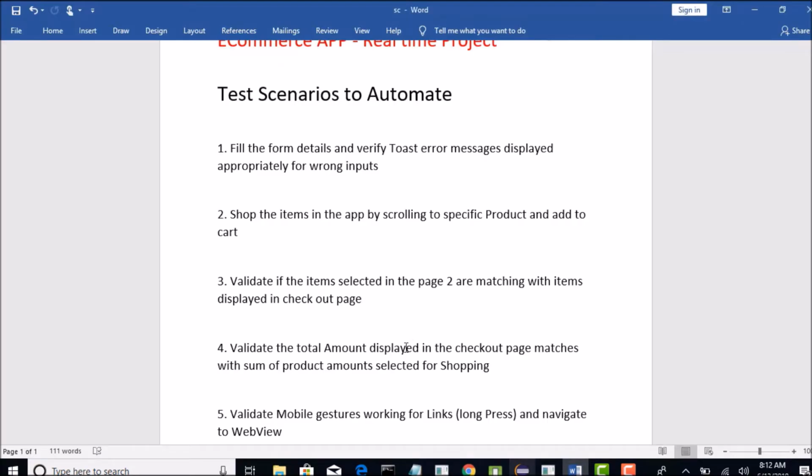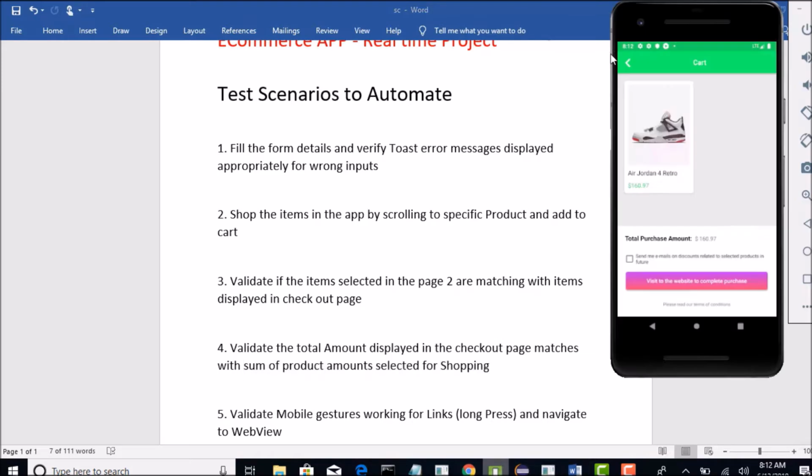Let us go to scenario number 4. Validate the total amount displayed in the checkout page matches with the sum of products amount selected for shopping. Okay.